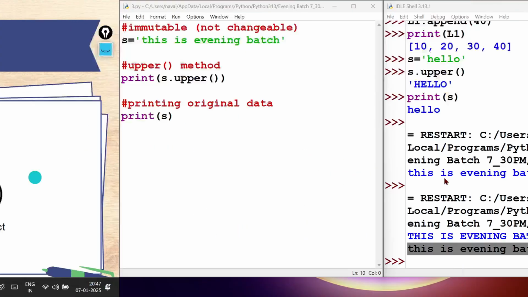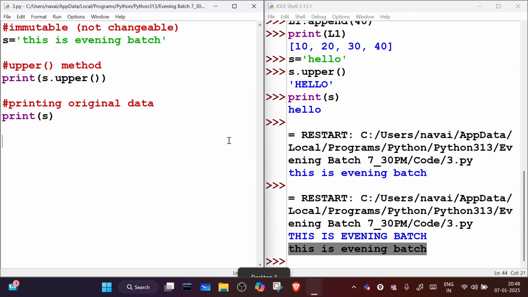Once again, can you explain? Yes, what I'm saying here is string is what? Immutable. String is immutable means we cannot modify it. Once it is written, it will not be modified. Okay, so for example,